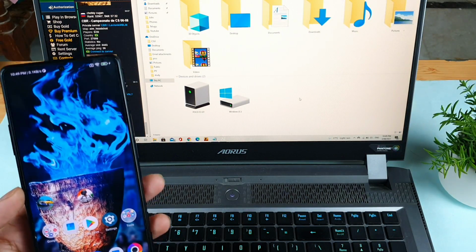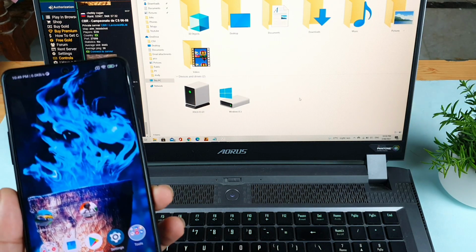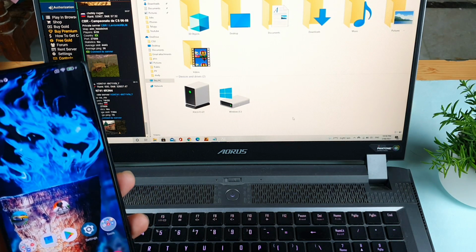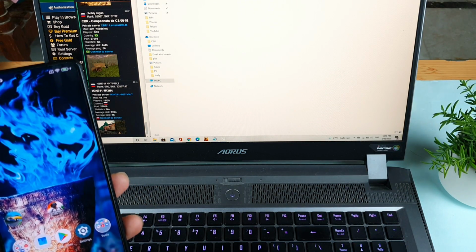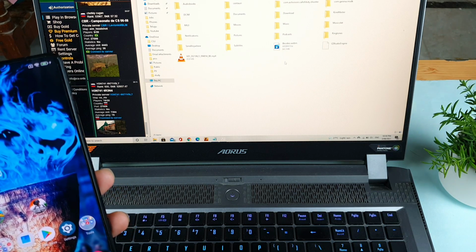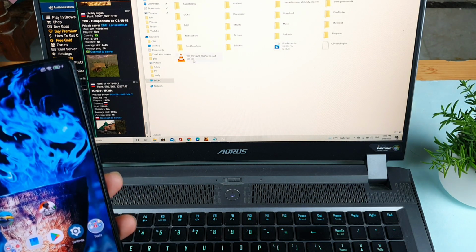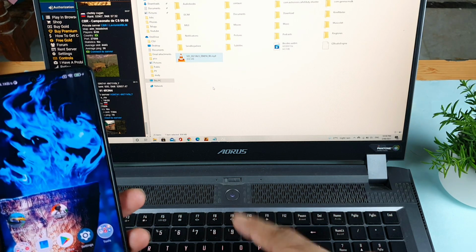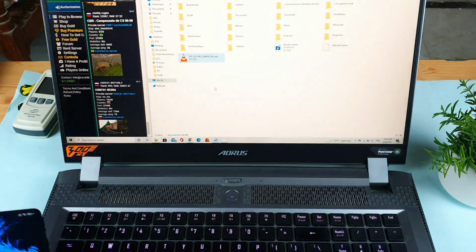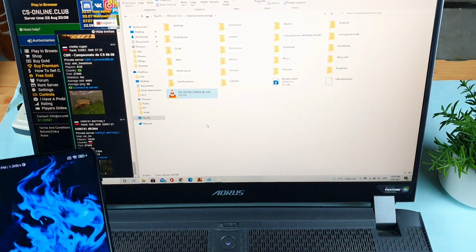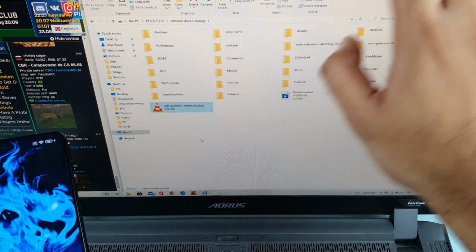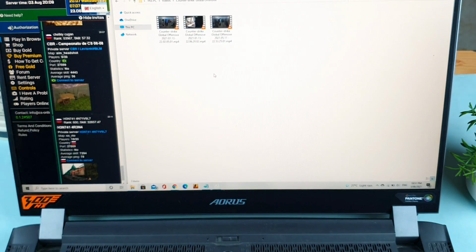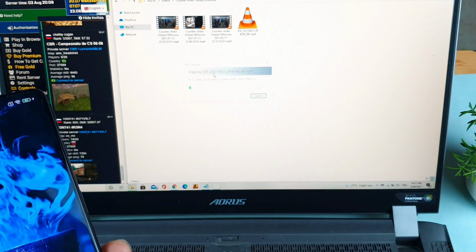Now it's time to do the data transfer rate test. Let me transfer data from the phone to the laptop. Let's see whether it's possible or not, because that is what the comments say, that data transfer is not possible. Let me open the POCO F3 GT. I opened the POCO F3 GT and I'm going to copy this one file which is 838 MB. Let me copy. I'm copying, as you can see. These are the files I'm copying from the phone storage. Let me quickly show you the exact details. As you can see, friends, I'm copying from the POCO F3 GT internal storage into one of the folders, just for sample demonstration purposes.